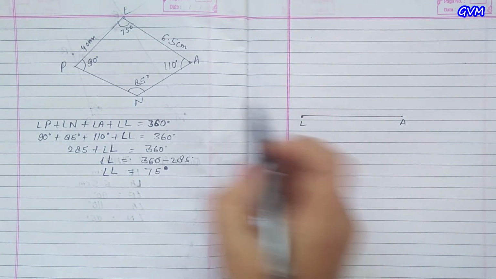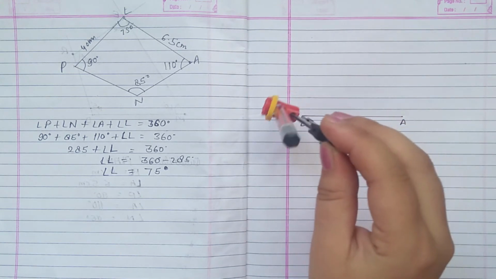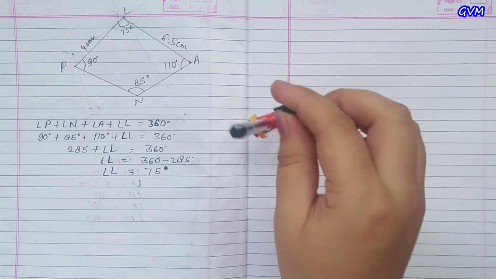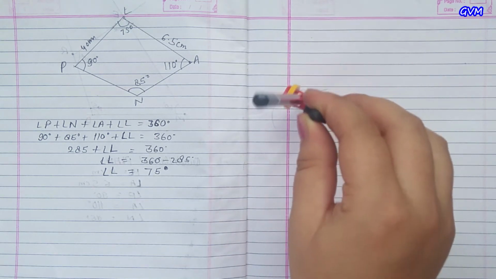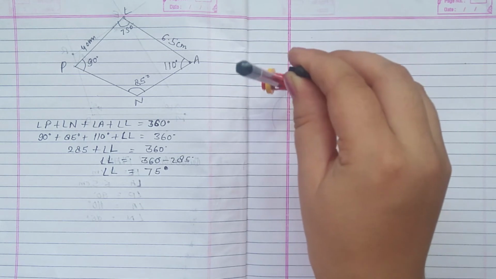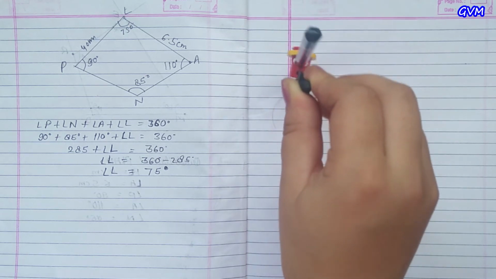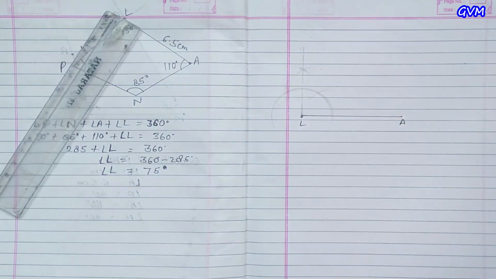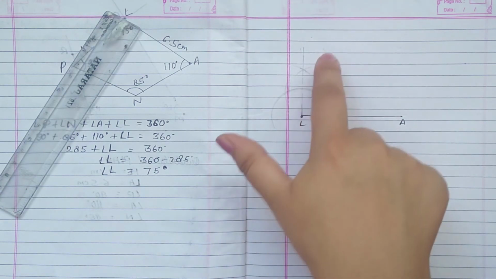Okay, now from point L we have to construct a 75 degree angle. So take the compass and put the needle at L. A 75 degree angle lies between 90 degree and 60 degree. So first we will make 90 degree and 60 degree. So this is an arc. This is for 60 degree and this is 120. This arc above from 120 and 60 gives us 90 degree. So let's draw this 90. Now this point is for 90 and this is 60. So 75 will lie between these.